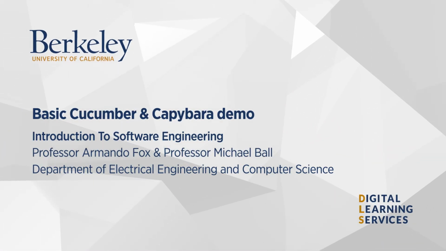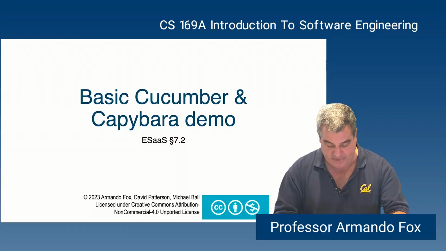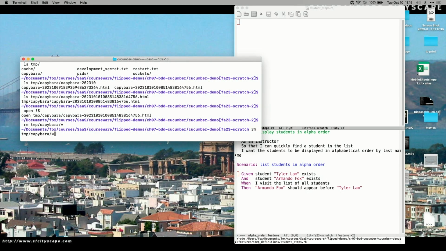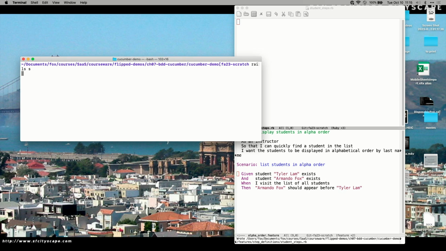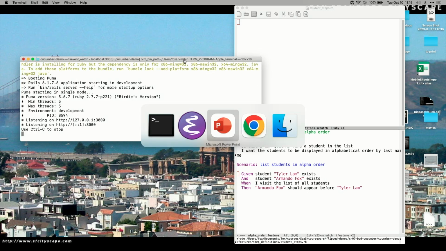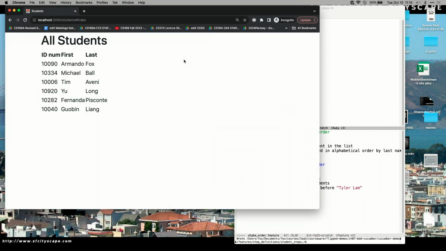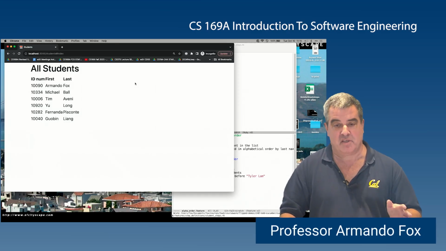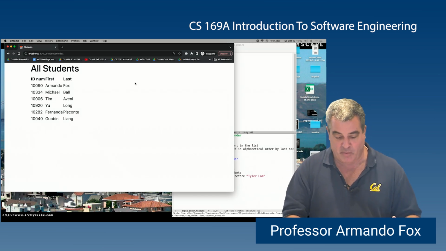Okay, against my better judgment, I'm going to try a small, live, and very, very basic Cucumber and Capybara demo. For this demo, I have made the world's simplest app. All it does is keep track of a list of students. In fact, it's so simple that it doesn't even have a user interface for adding students. Right now, the only thing it does is display the list of students. I put some students in the database so that you could see them, and you might recognize some of these